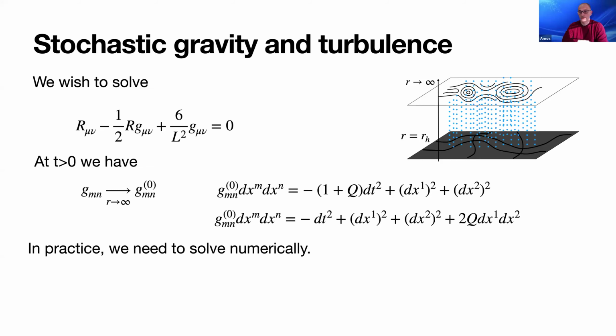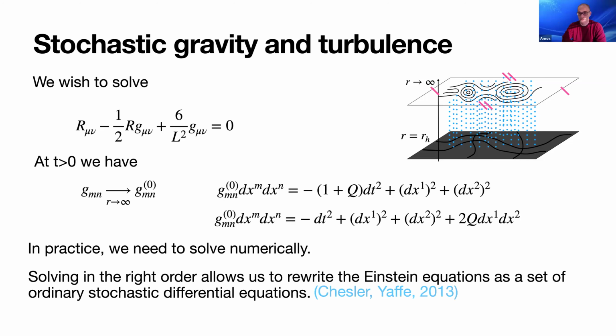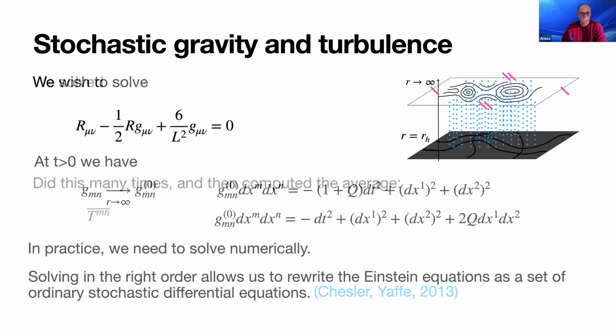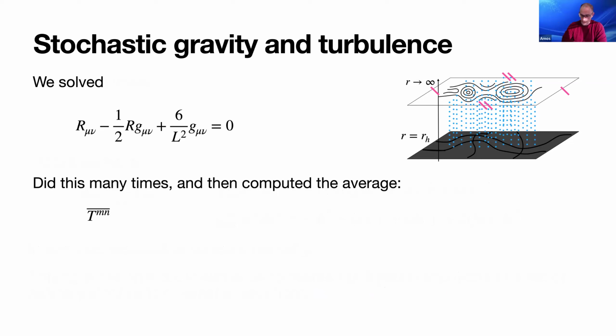And so we discretize our space-time. We have everything on a grid, and we put the x1 and x2 coordinates to be periodic. So we're really on a very large torus. And once you do this, there's an algorithm for solving these equations, and we just follow the algorithm. We solve this equation many, many times, and we computed averages.